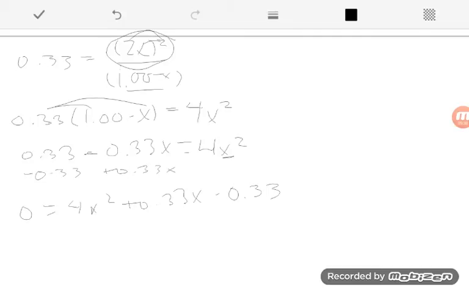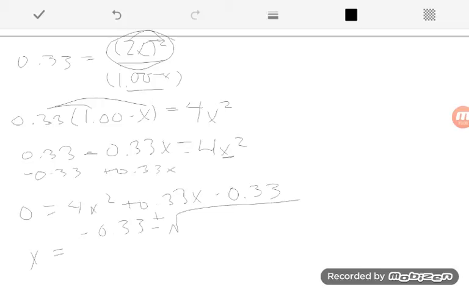And now what I have is a quadratic equation. And what do I use to solve? The quadratic formula. So x equals negative b plus or minus square root of b squared minus 4ac, put the whole thing over 2a. So look up your quadratic formula. I don't have it on here because it takes forever to write out, but we can go ahead and plug it in. So we know x is going to be equal to negative b, so negative 0.33,